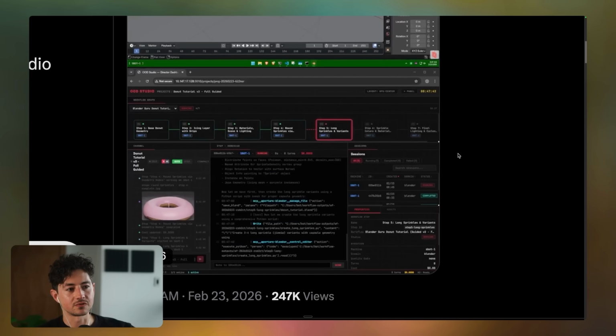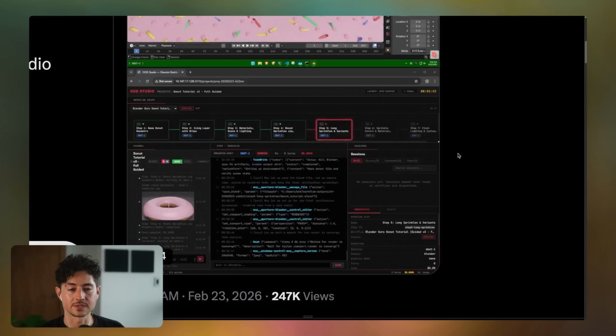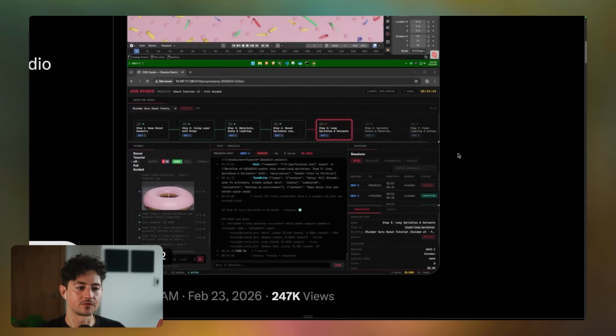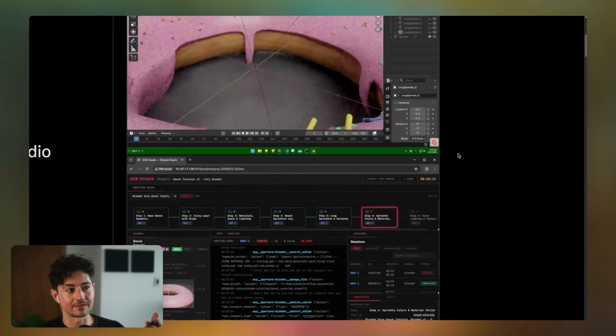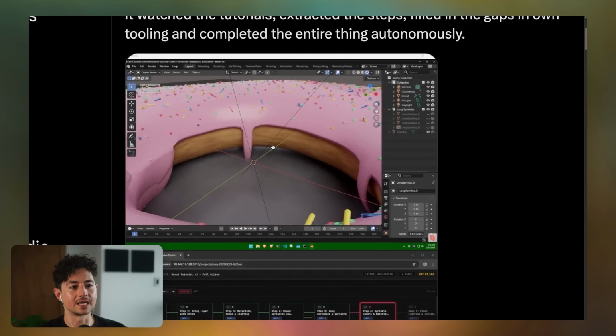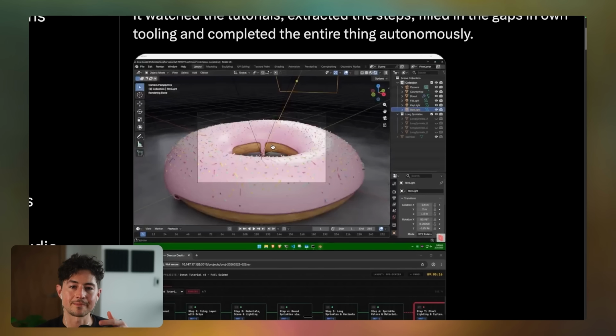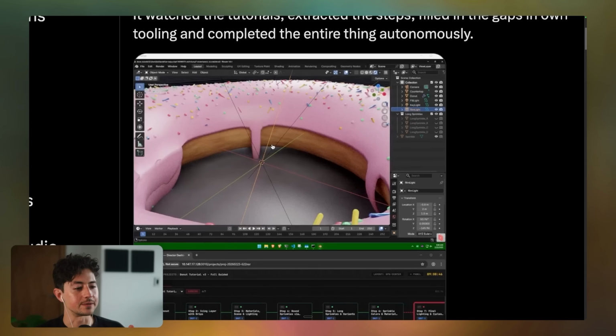And so what we do is we convert all of this into a sequence of steps. We leave some steps a little bit more vague, a little bit more general, let the model have its own kind of interpretability, and then give it some way to screenshot its results to match it up to the frames in the video.